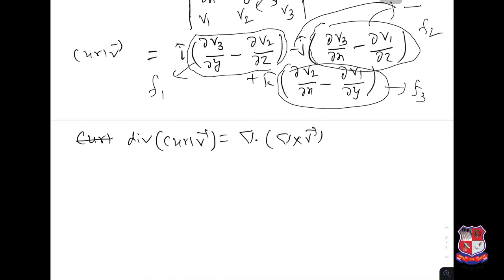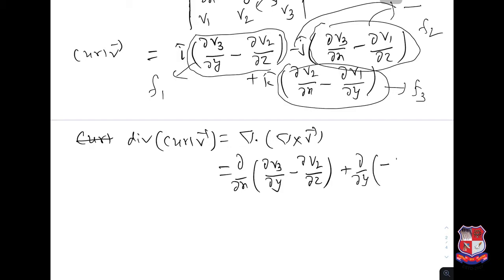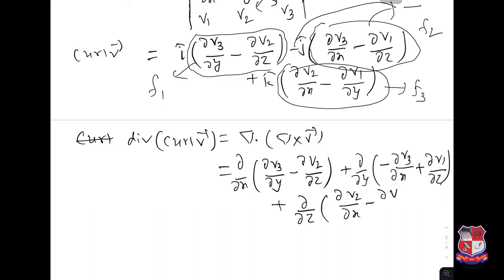So del by del x of the first component, del by del x of (del v3 by del y minus del v2 by del z). Let us take the minus sign inside. So plus del by del y of the second component, so minus del v3 by del x and plus del v1 by del z, and plus the third component,